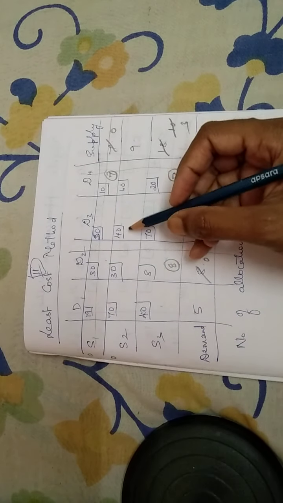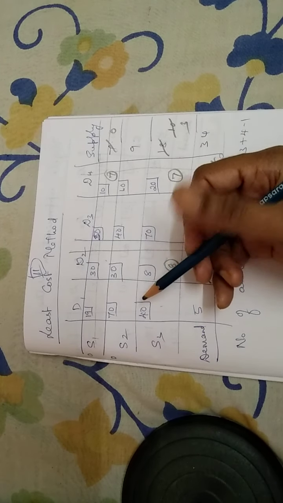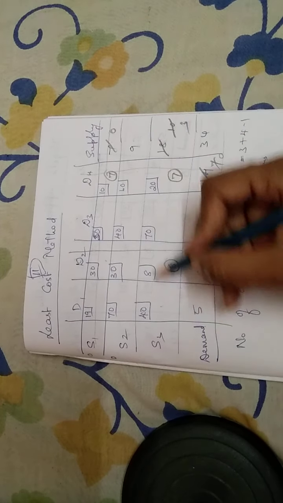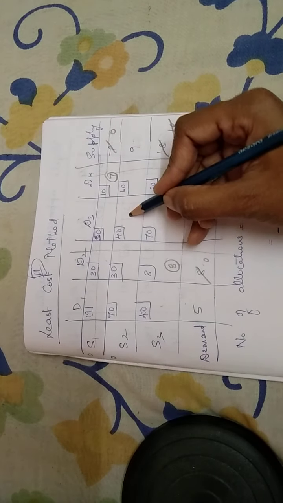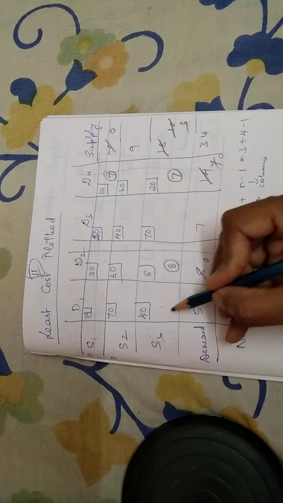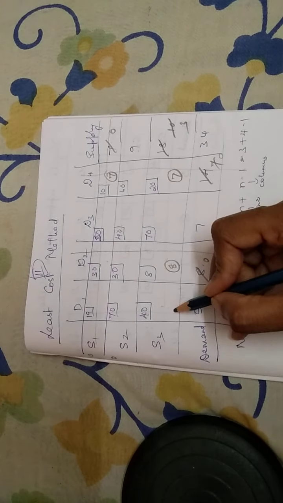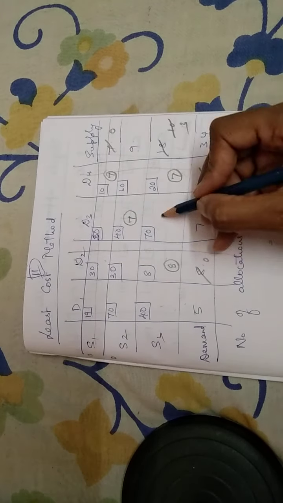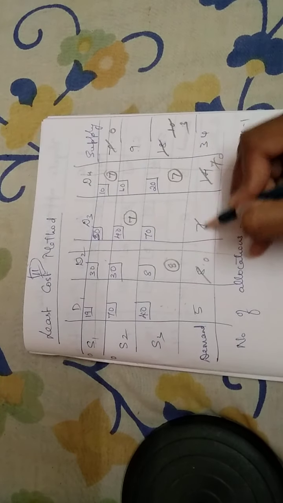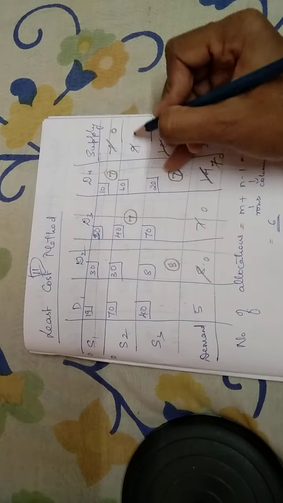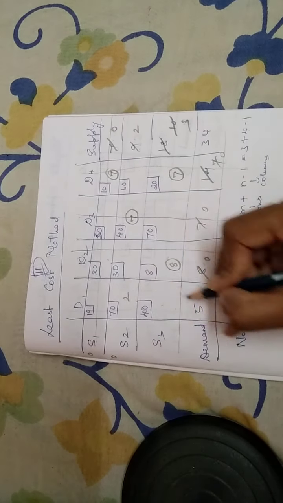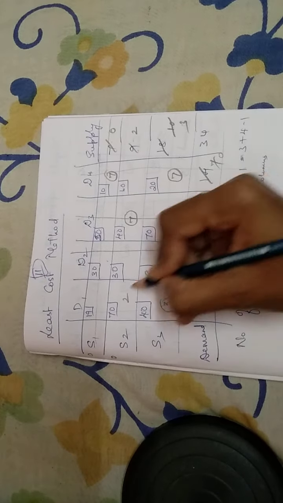Now when you are having two equal costs, we will have to go with that particular cell where you can make the maximum allocations with the least cost. So 40 is there in 2, right? If I go here, I can make 7 allocations. If I go here, I will be able to make only 3 allocations. So I will select this particular cell, where I can make maximum allocations if you compare these two. So it is 0 here. I'll be able to cancel this out and I'm left with 2 here. So finally we are left with only these two. So 2 and 3 allocations will be made.